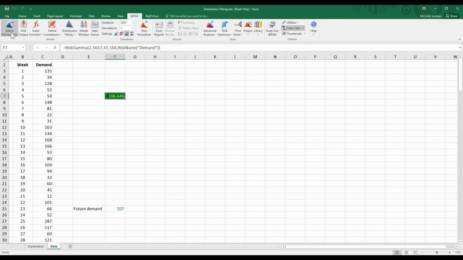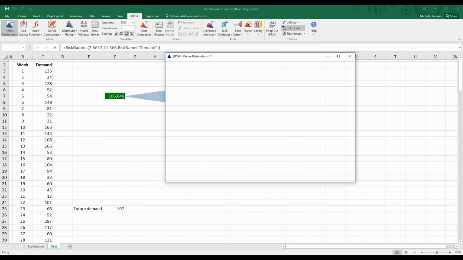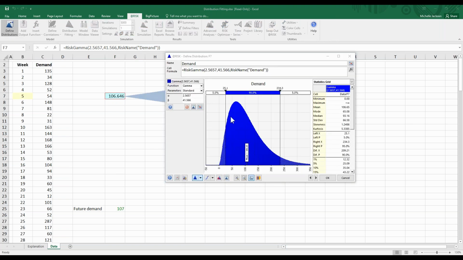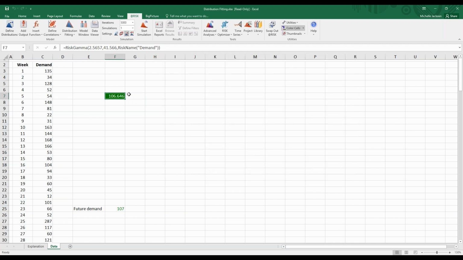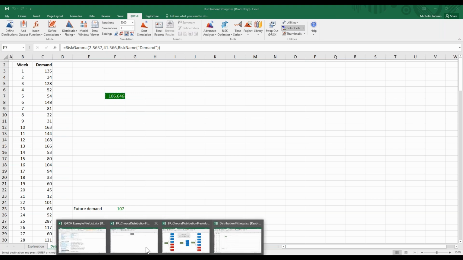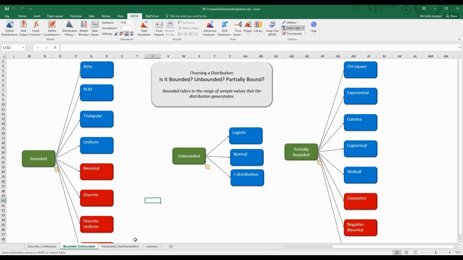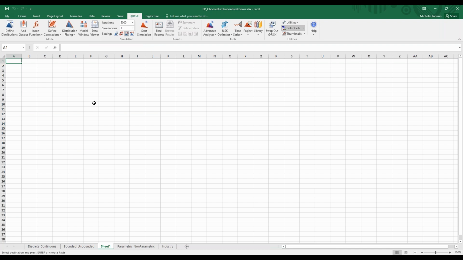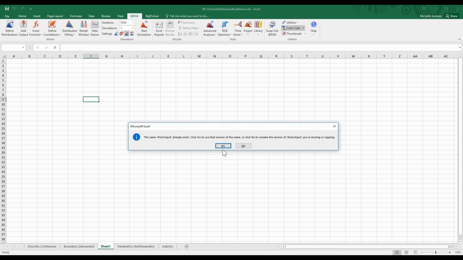So now if I go to define distributions here, this is our distribution that we could use to represent the demand in our other Excel models. You can see here it has calculated the alpha and the beta. Now if I click OK here, if I want to just copy this and go into a different spreadsheet, say I just add a blank spreadsheet here, I can say here, and then just do